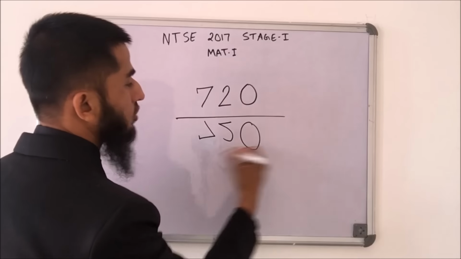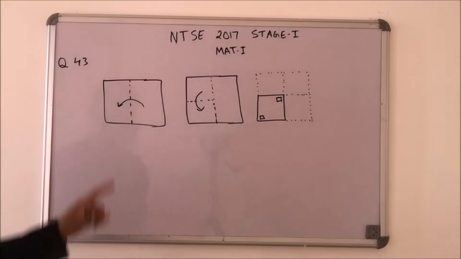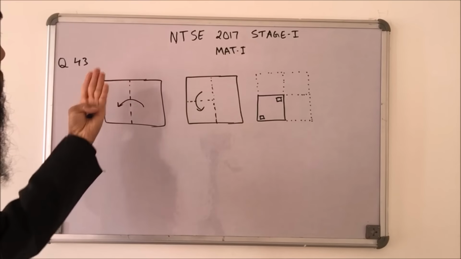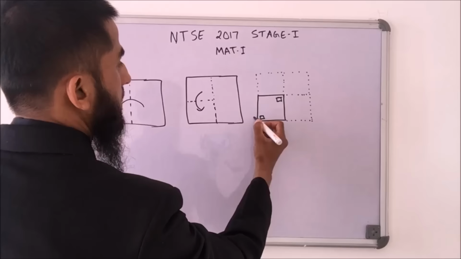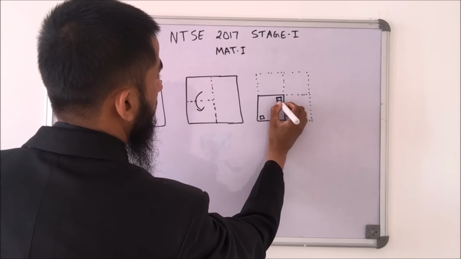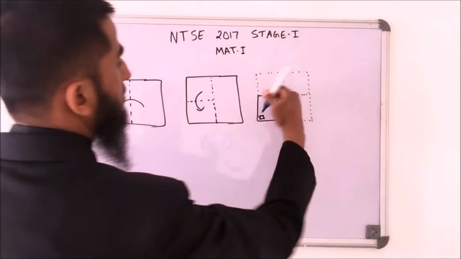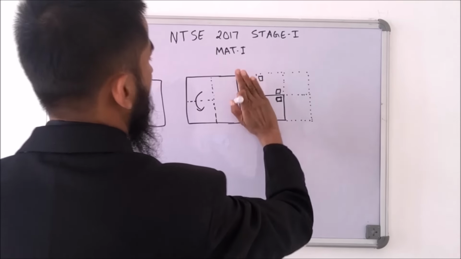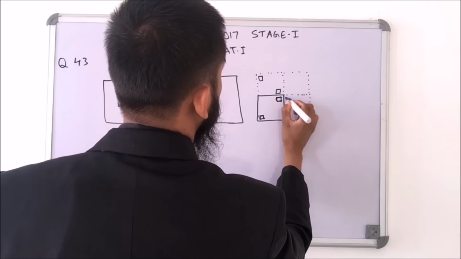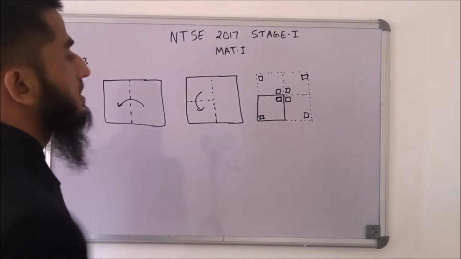So just look for this option in the four options. In this question, the paper is folded in this sequence, then in this sequence, and then we will get paper like this. Then we are cutting like this. So when we unfold, what will the pattern be? When I unfold like this, I will get a pattern like this and like this. When I unfold like this, I will get the mirror image. So I get an image like this. So this is the correct answer.